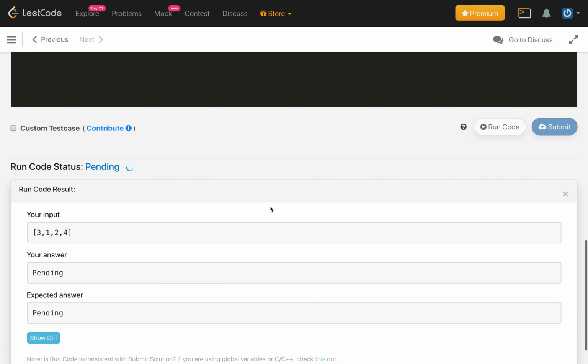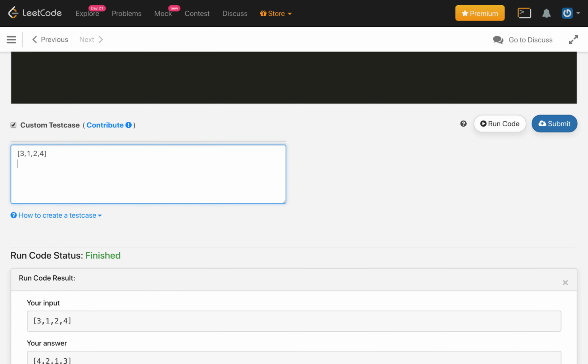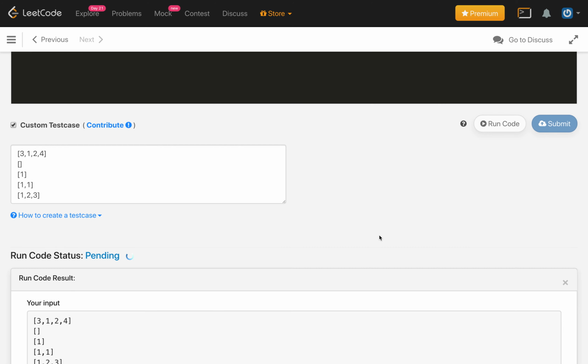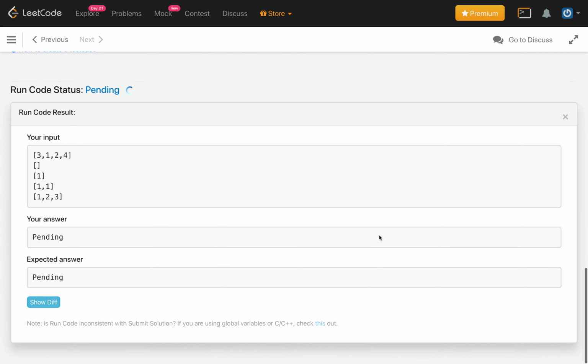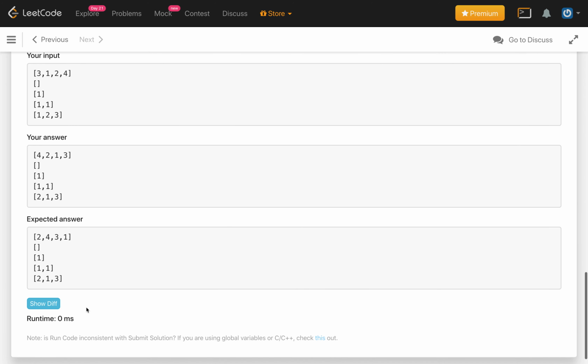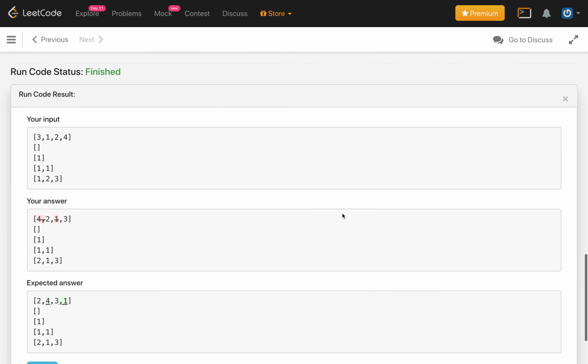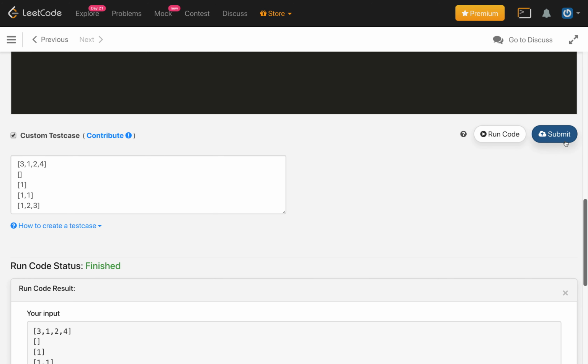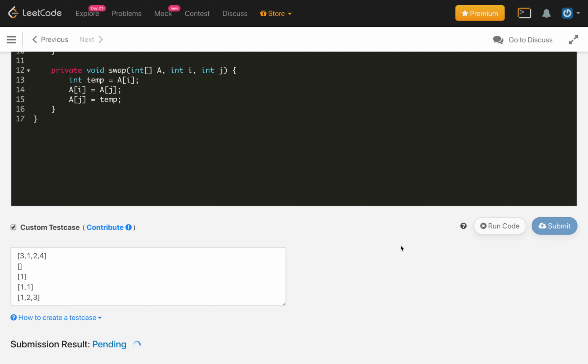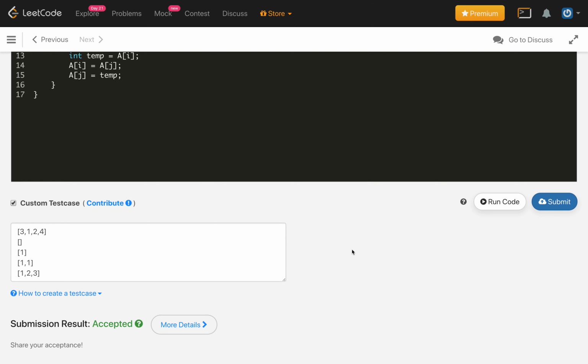Let's compile the code and try a few base cases like an empty array, an array with a single element, an array with both odd elements, an array with mixed elements, and so on. If we compile, it should pass the test cases. It's getting passed. The order doesn't matter, but we are getting all the evens first followed by the odds. So we can submit this code, it will be accepted.